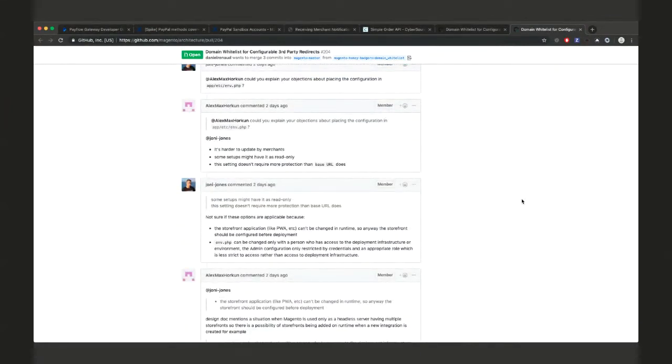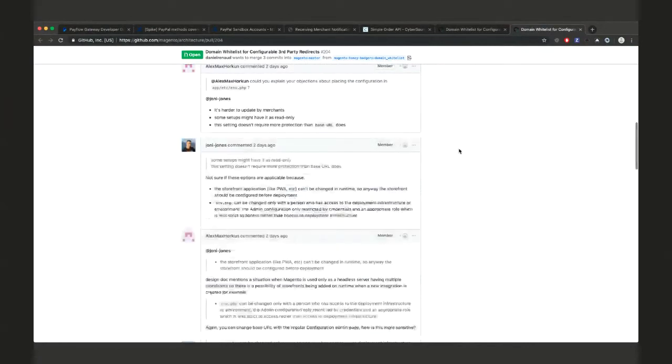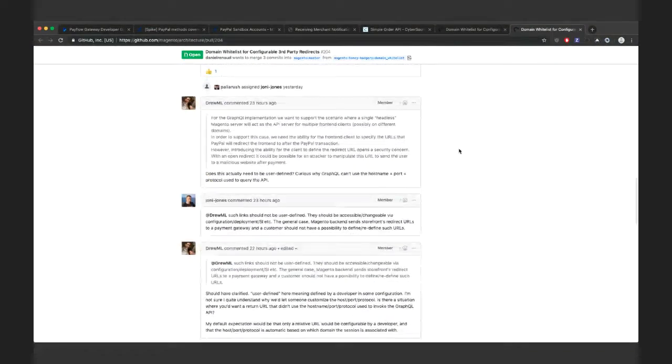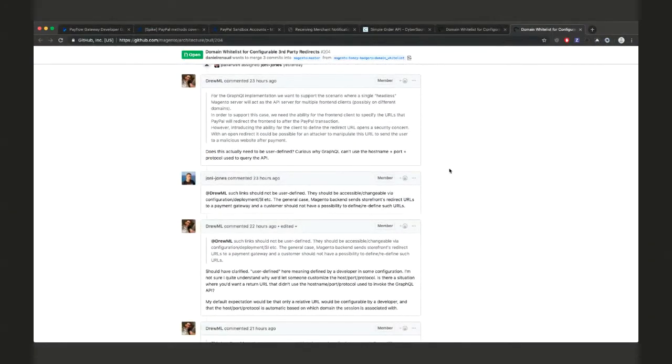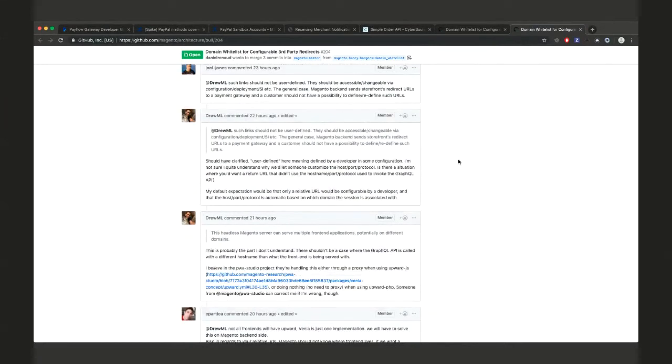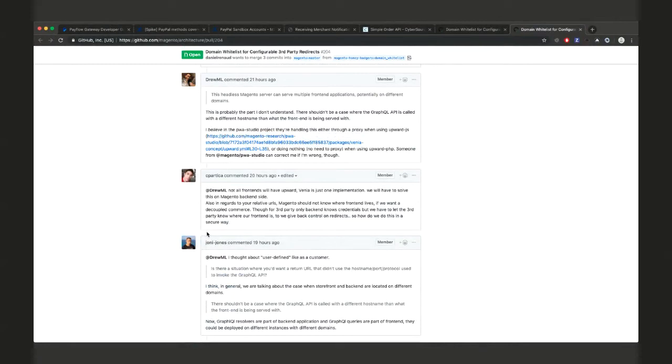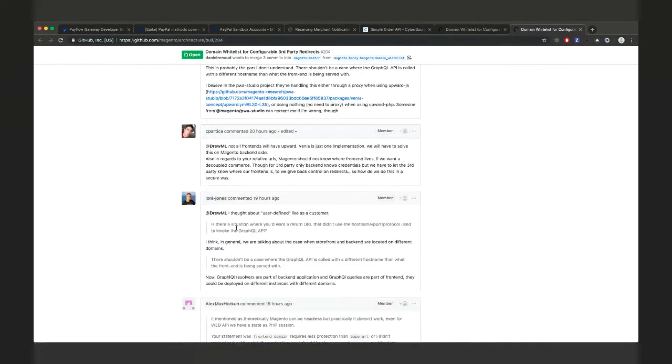It doesn't impact the overall idea too much. And then there was more discussion about whether or not it's even feasible to have a front-end application and the back-end application on different domains. I think maybe Andrew or Eugene are able to talk to that more.